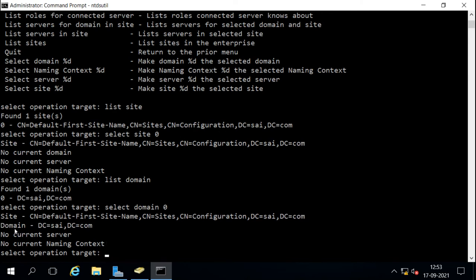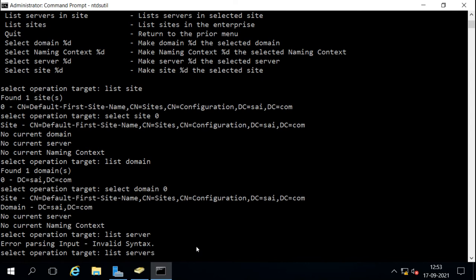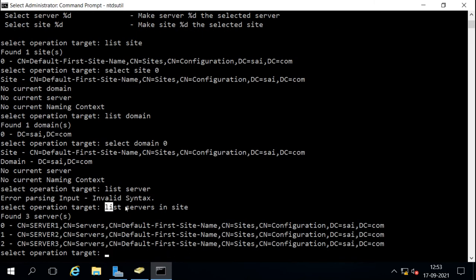Now I will select the server which I want to remove. Remember, server 3 is not there. So I will first list the servers in the site which we have selected. We list the servers in the site, and it says that there are 3 servers. Number 0 is server 1, number 1 is server 2, and number 2 is server 3.